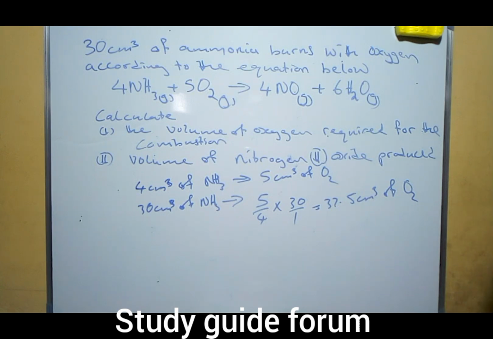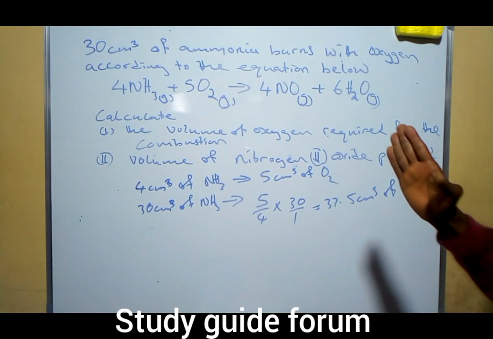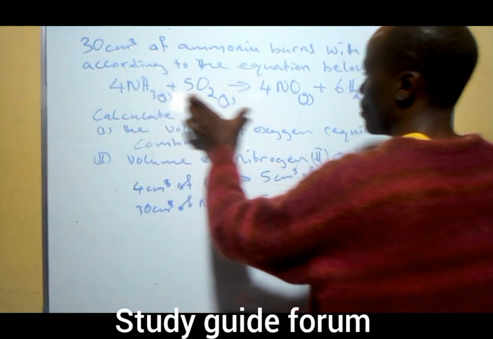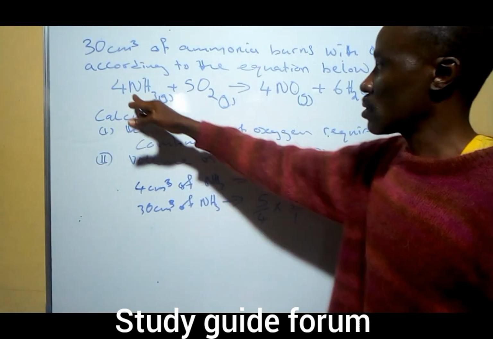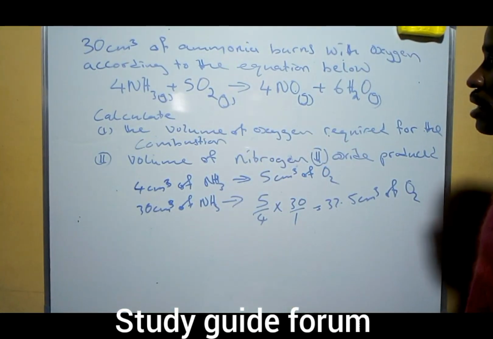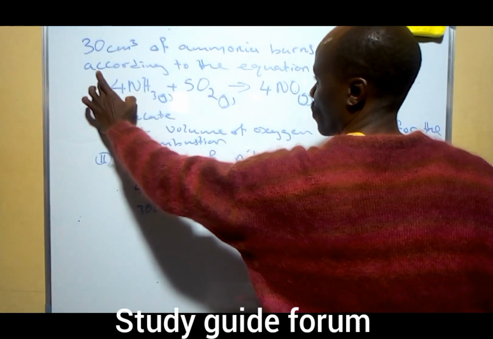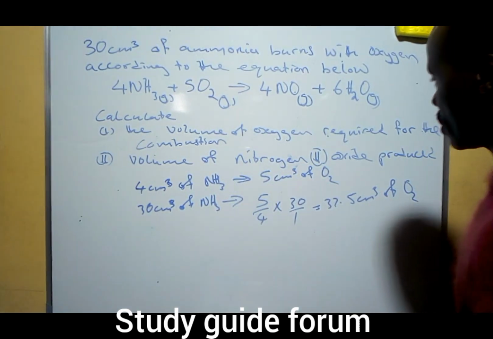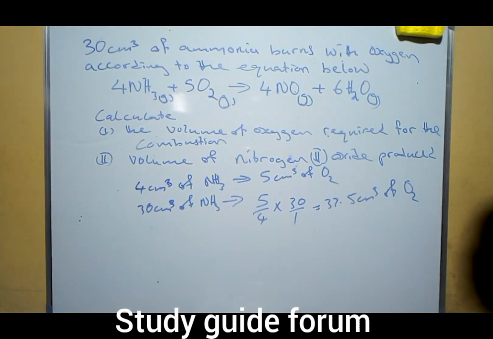So from that, having done that, we look again at the equation, because in every balanced equation you can detect what is likely to happen in any chemical reaction. You understand? That is talking about the stoichiometry of the reaction. Now we know that this balanced chemical equation will tell us what we need to find out. The stoichiometric ratio of this is 4, 5, 4, and 6. So since we are looking for the volume of nitrogen(II) oxide that will be produced,